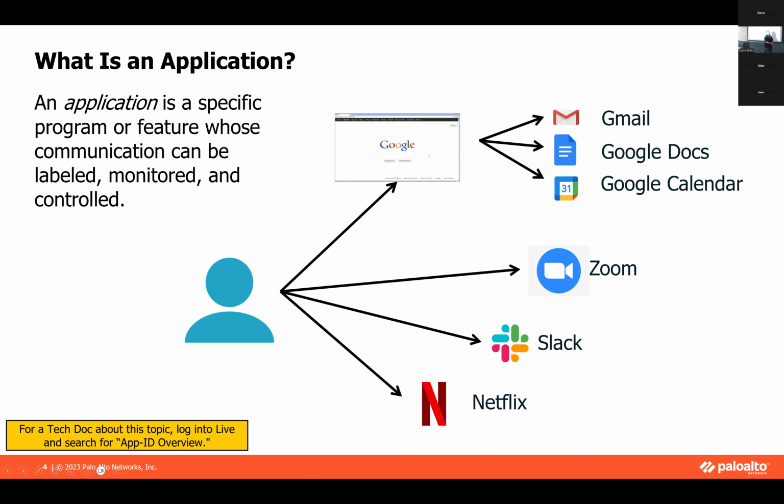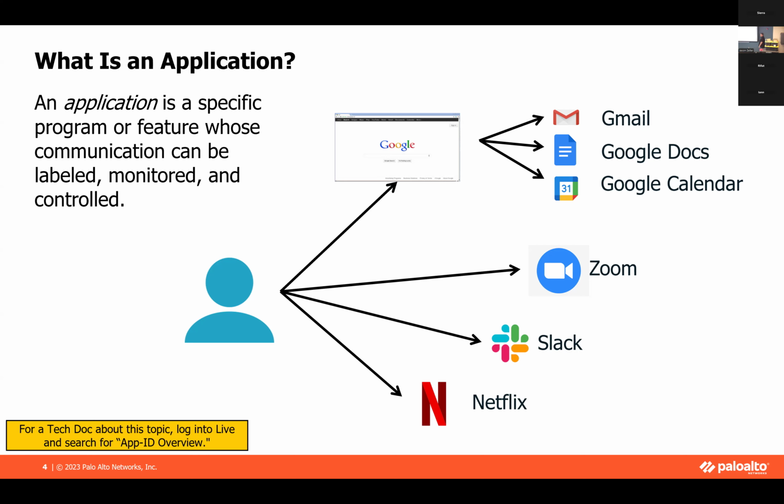Okay. So an application is going to be a specific program or some feature whose communication can be labeled, monitored, or controlled. In other words, we're going to build some kind of signature off the traffic that's going through there. So we've talked about it before. In a standard firewall, we just allow a given port. We allow the protocol, TCP, UDP, whatever it may be. And on port 80, we would have web traffic, but we have no idea what kind of web traffic